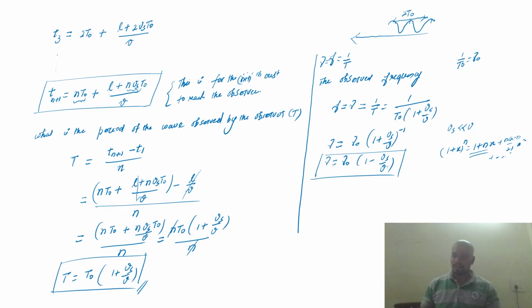It will give the less quantity. On the other hand, if you are assuming the source is moving towards the observer, that means the velocity is now towards the observer. So the source velocity we need to replace by minus Vs. So if you are replacing with the minus Vs, now the observed frequency for the case